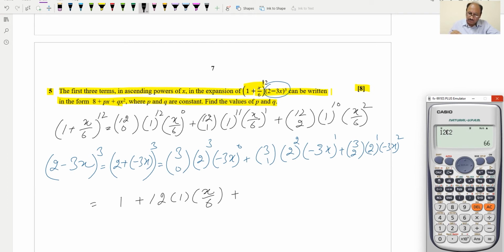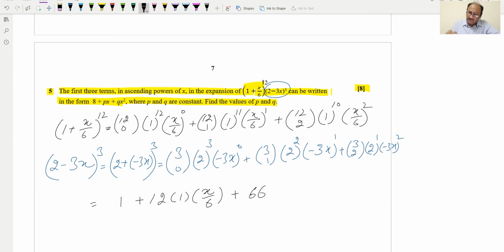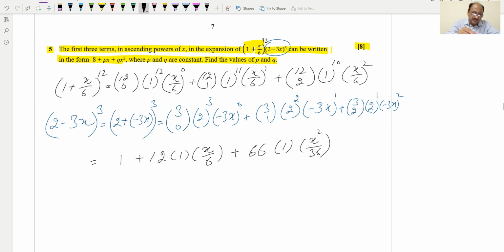12c2 will be equal to 66. So 66 and 1 raised by 10 will be 1 and x square over 36. And now these are the three terms. Then we can rewrite this step also, and this will be 3c0, which is again 1, into 2 cube will be 8 and minus 3, so it will be 1, and next will be 3c1, which will be 3, and 2 square will be 4, and minus 3x, and the last term